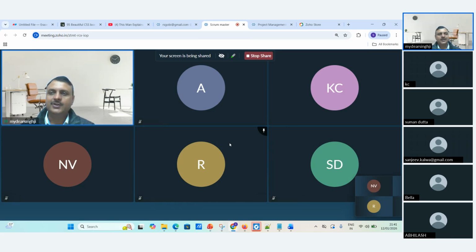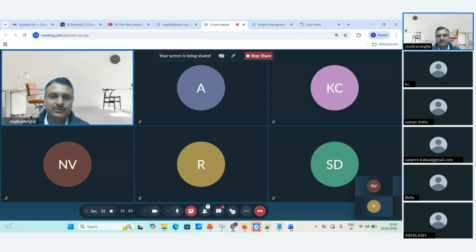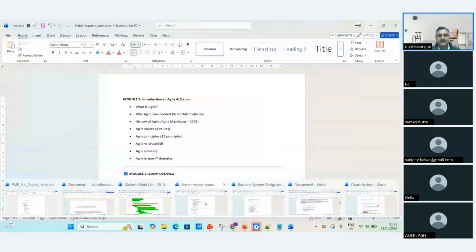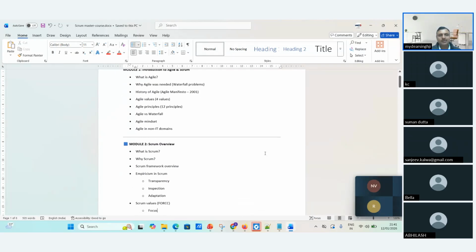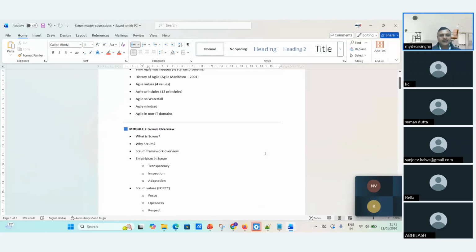Guys, any doubt, any question till now? Tomorrow we are going to see the deeper part of Agile, where I'll go with Scrum. What is Scrum? Why are we using Scrum? What is the Scrum framework? What are the Scrum